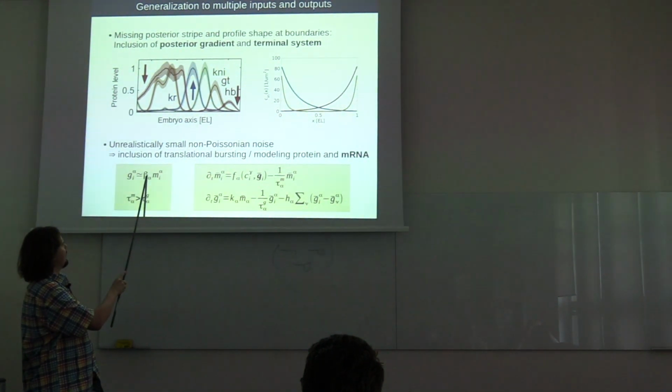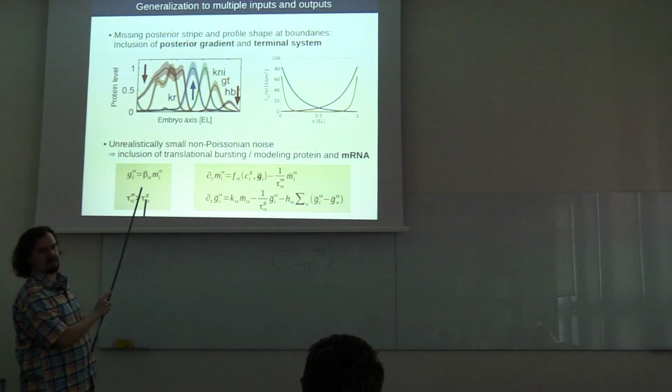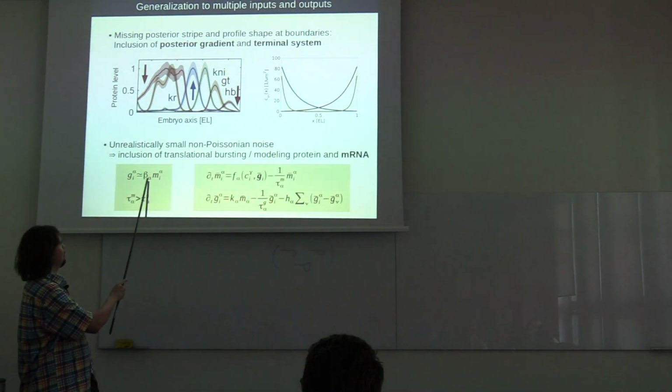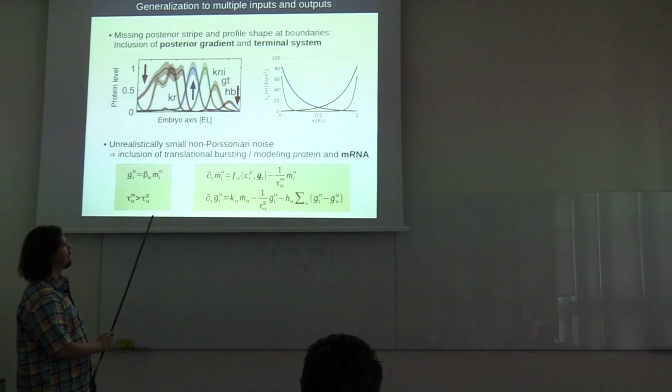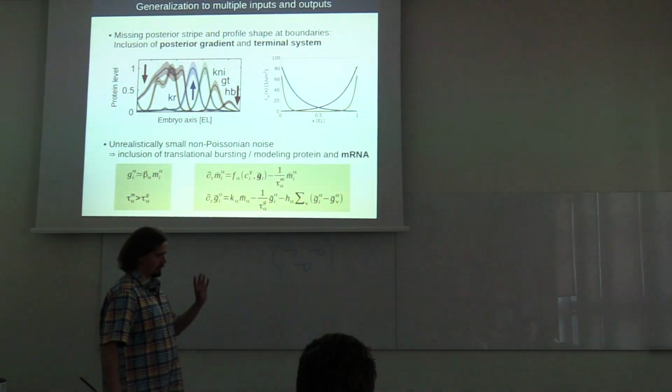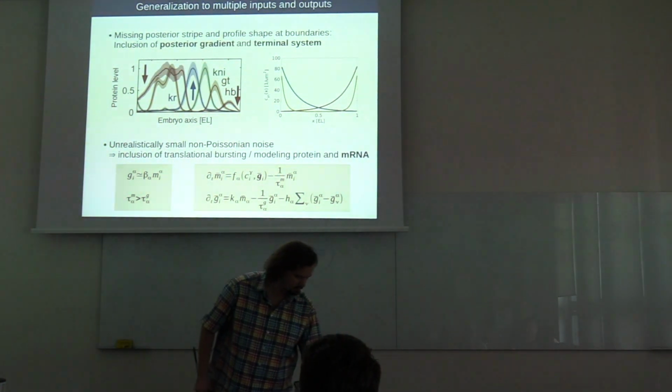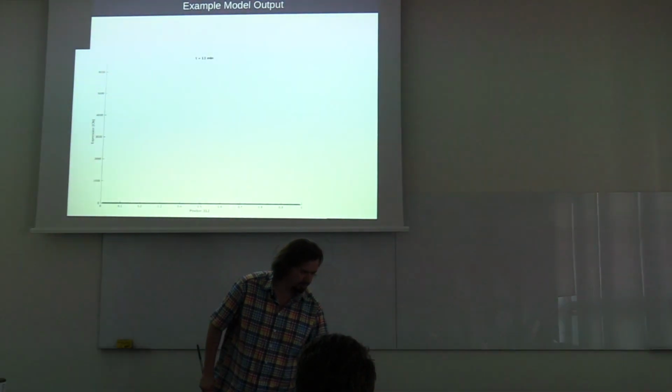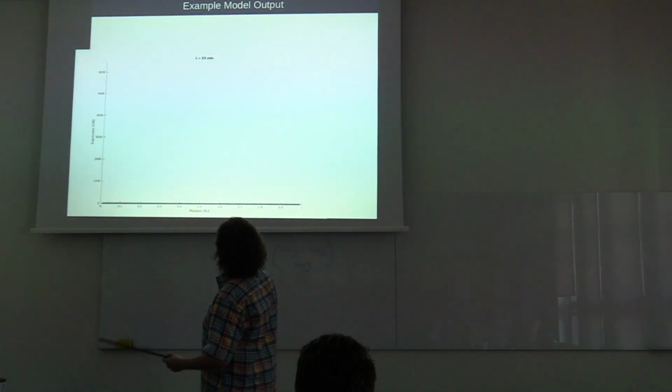And then we can just add a beta factor here. So beta is the burst size, the number of proteins produced on average from one mRNA. And then you have to take care of a couple of details, but you can work out the equations also in that setting. Now, here I show you, hopefully, this video is running,